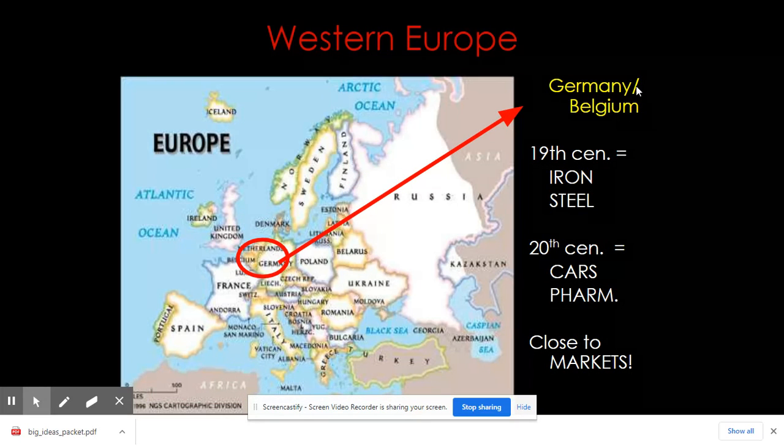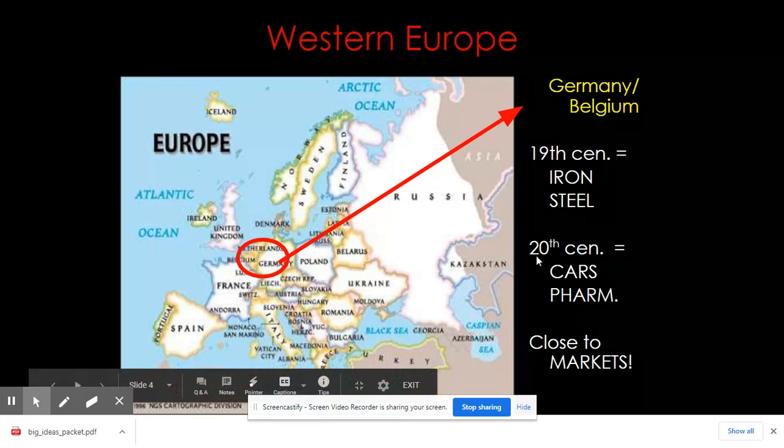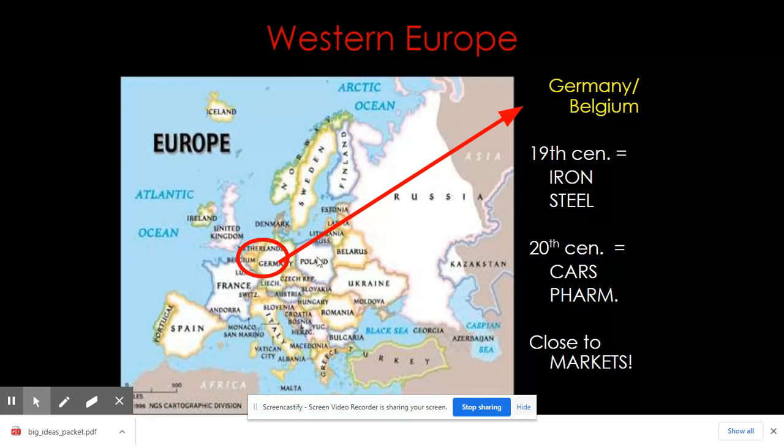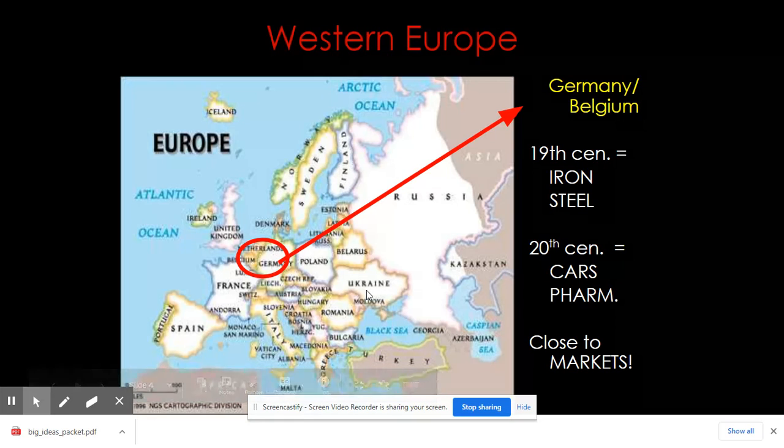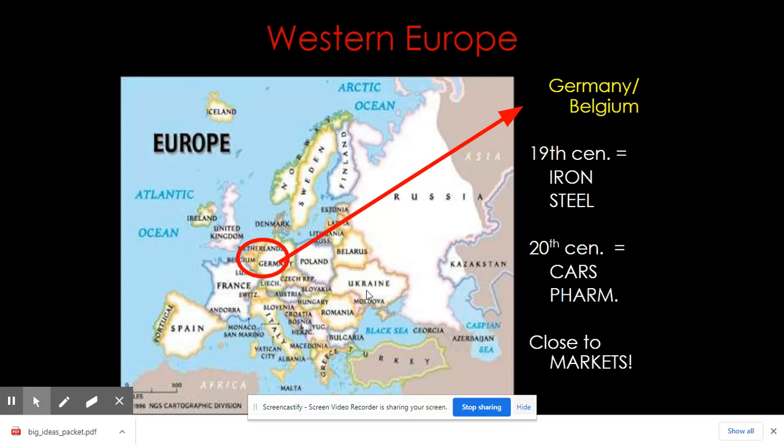tech. Germany and Belgium, in the 1800s, they were messing around with iron and steel, but they've been moving towards cars. Like if you think of European cars, that's really what they're noted for, and pharmaceutical medicines and stuff. Why are those industries springing up there? They're really close to the markets. This is a densely populated part of the world, and so that is helpful in selling those industries to their